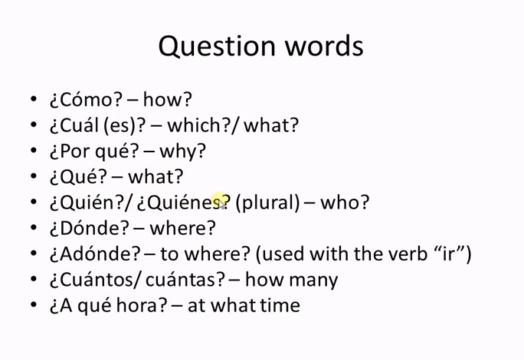¿Quién? Who? ¿Quiénes? Who? Same situation. If the person you're asking about is singular, you say quién. For example, ¿quién es tu madre? But if I'm asking about plural, I ask quiénes. ¿Quiénes son tus padres? ¿Dónde? Where? ¿A dónde? To where? Remember, when we have questions using the verb ir and where, we don't just ask dónde, we ask a dónde.